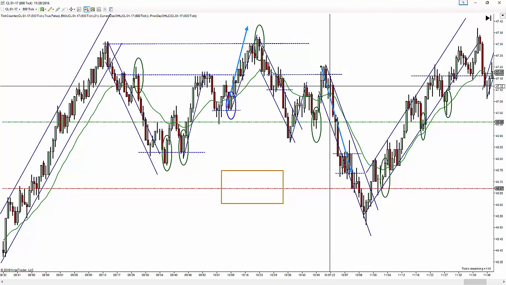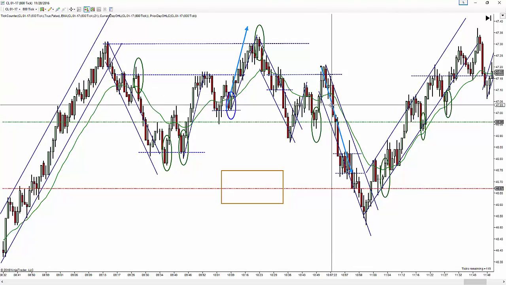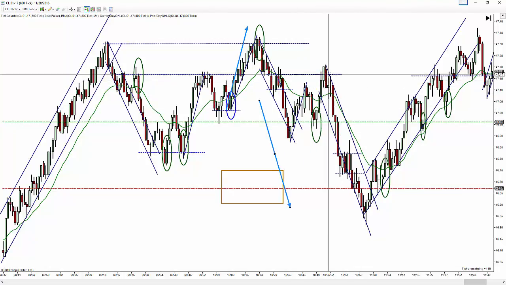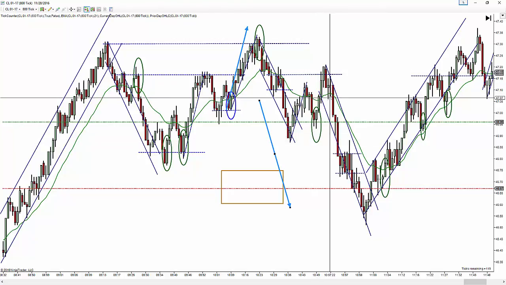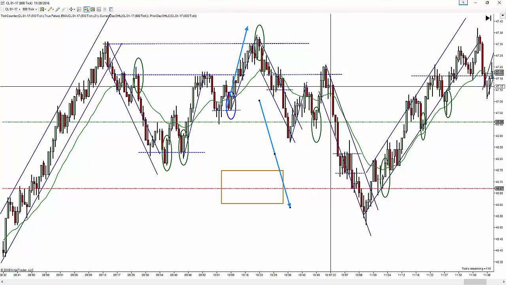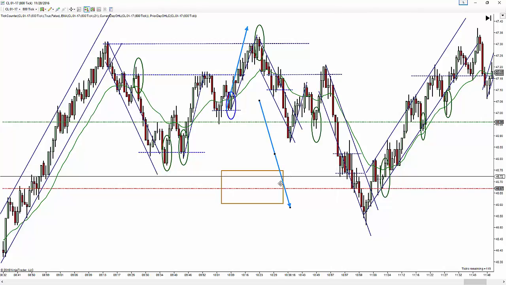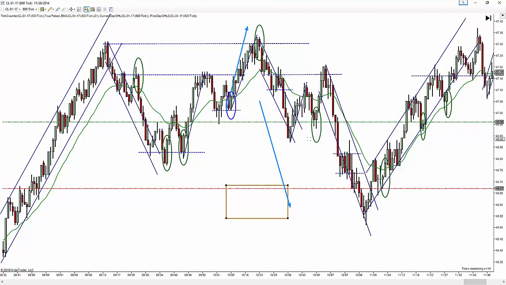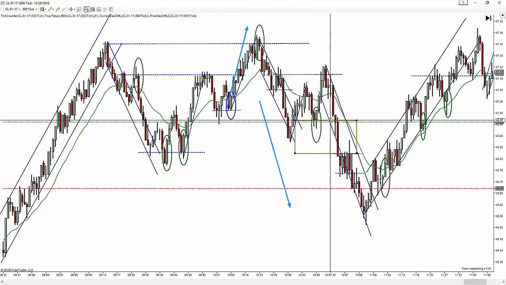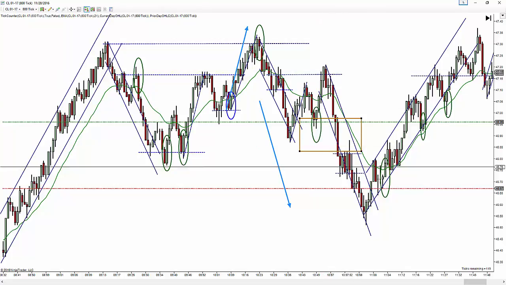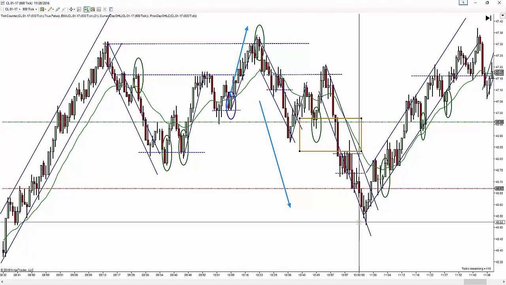But that doesn't really set up a real good second entry until we get a real close and confirmation down here. See, first entry. Here's the second entry, but it's not a really good bar on this little doji. Comes down to here, and then when the bar closes, it's a long ways down. And so if it bounces in these areas, you really don't have quite enough room to get out. It's really close, but as you can see, price really did break down significantly until it reached this bottom.